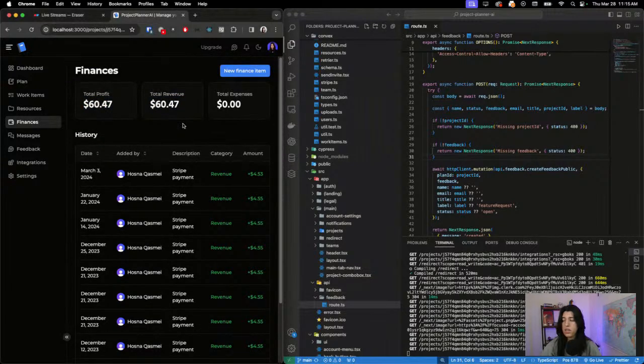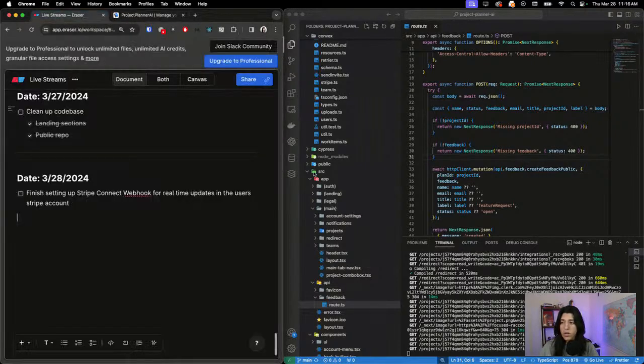Anyway, let's see. Yeah, so right now, what we're going to work on in terms of the webhook is if someone creates a new purchase, it will not populate this. So I want to make a webhook that triggers if there's any updates in this user's connected account, then to populate this in real time rather than disconnecting them, reconnecting to get the most up-to-date data. So in order to do that,